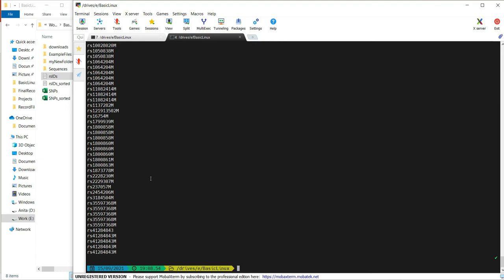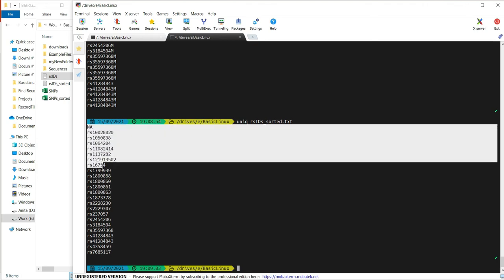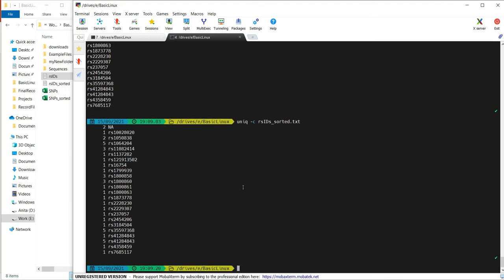Now if I want to use uniq, simply type uniq and the file name and press enter. This will tell you the unique records present in this file. And now if you want to see how many times a particular record occurred in this file, you just append a -c option with this and press enter. This will tell you the count, how many times a particular SNP occurred in this file. So this SNP occurred 3 times. This is how we can use the uniq command.